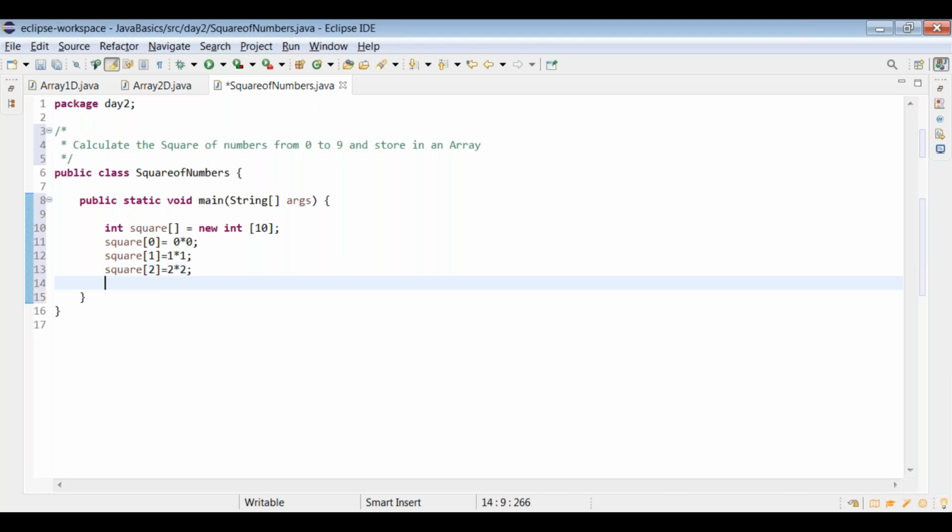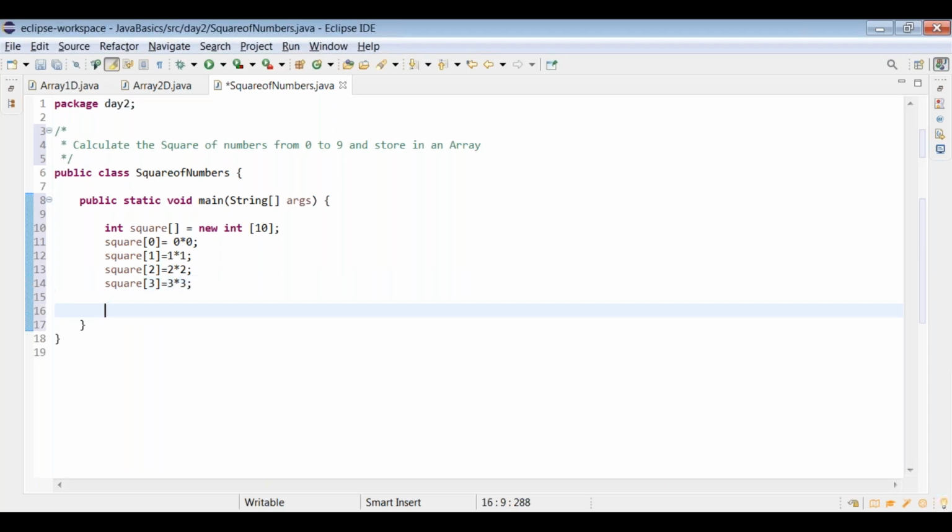So we're doing step by step here. But if you are trying to identify the square of 0 to 9, we have to write down each and every statement. This will take a lot of time. That is the reason, if you are trying to do the same activity of finding the square of a particular number repeatedly, we should go for loops. We are going to discuss what loops are in the next class. But if you would like to identify the square of each and every number, if you don't know the loops concept, you have to manually type like this: square of 3 is equal to 3 into 3.